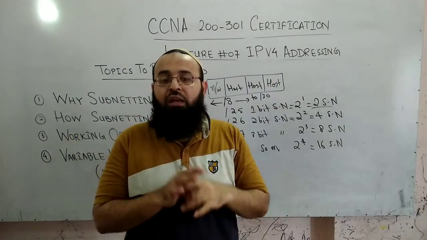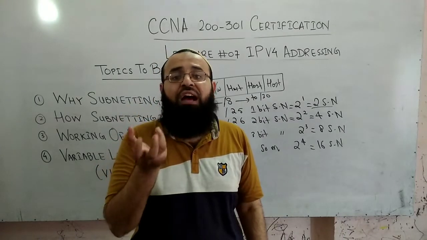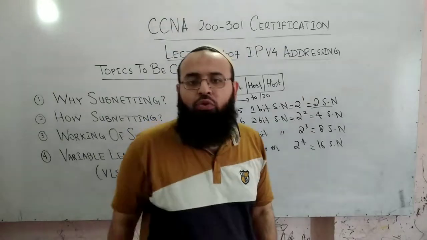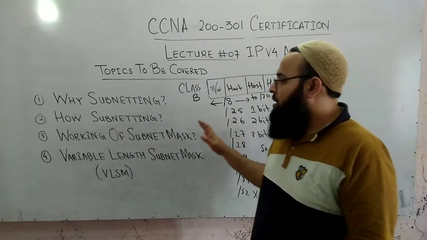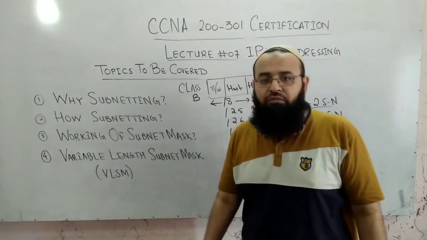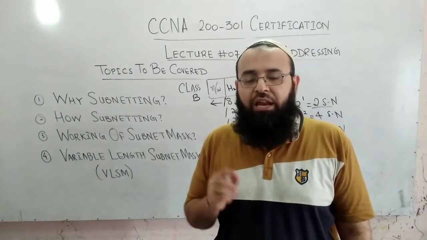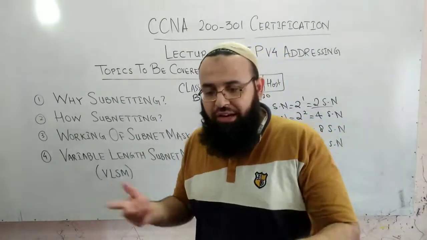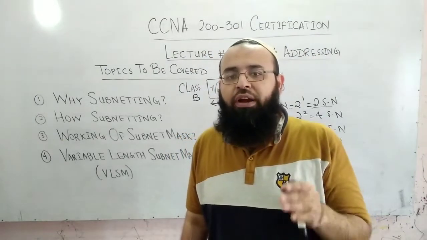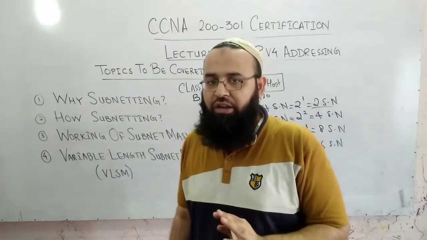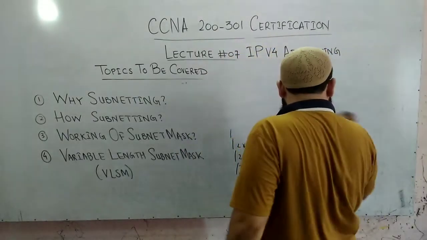So this is basically variable length subnet masking, or you can say variable length CIDR values. Now moving to our next topic, the working of a subnet mask. How does a subnet mask work? I will make that clear, but before this topic I want to clarify one more thing. Let us consider a simple example of a class C IP address, and we want to calculate the number of subnetworks and the number of hosts in it. So take up this example which I am writing over here.